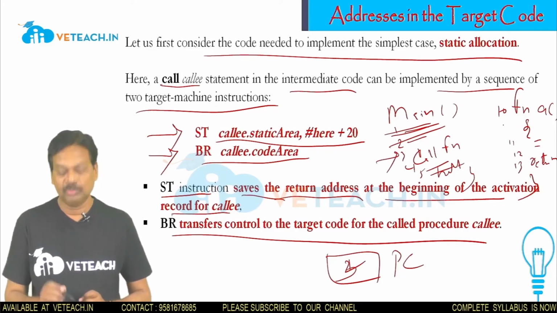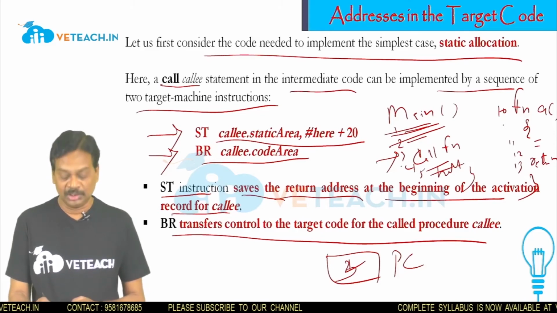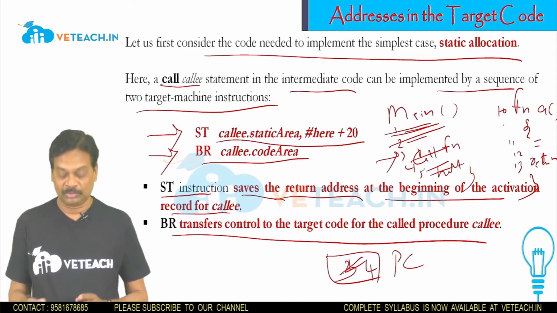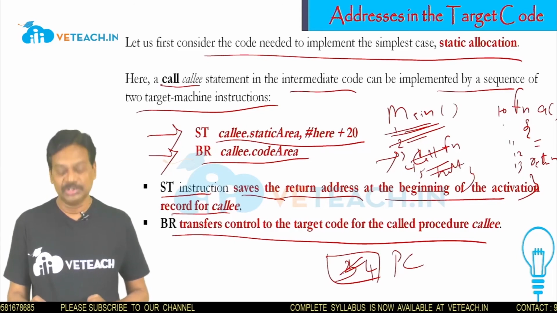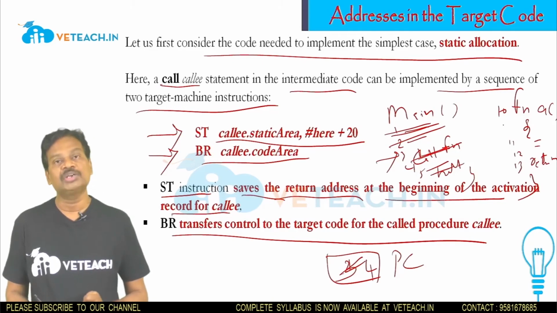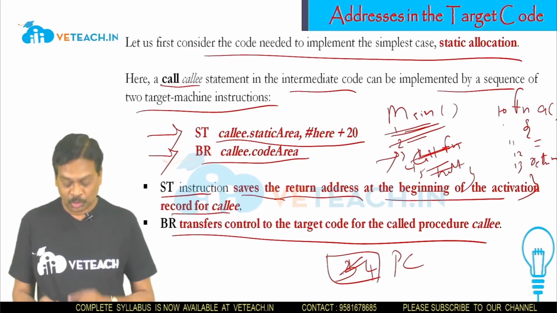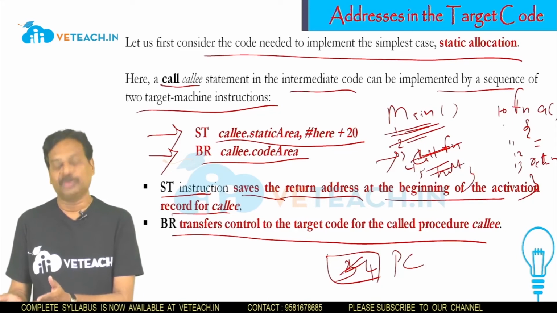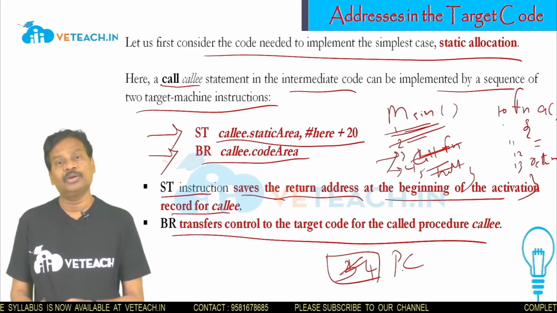Now coming to the third. After completion of the second, it has to execute the third. While it is executing the third, the program counter is automatically incremented to 4, because the next instruction after the third is the fourth. What is the third instruction? It is the call function. Call means it is switching from the main program to the subprogram. While switching, it has to return back after completion of the subprogram. It has to come back and execute the fourth instruction, because the program counter value is 4.